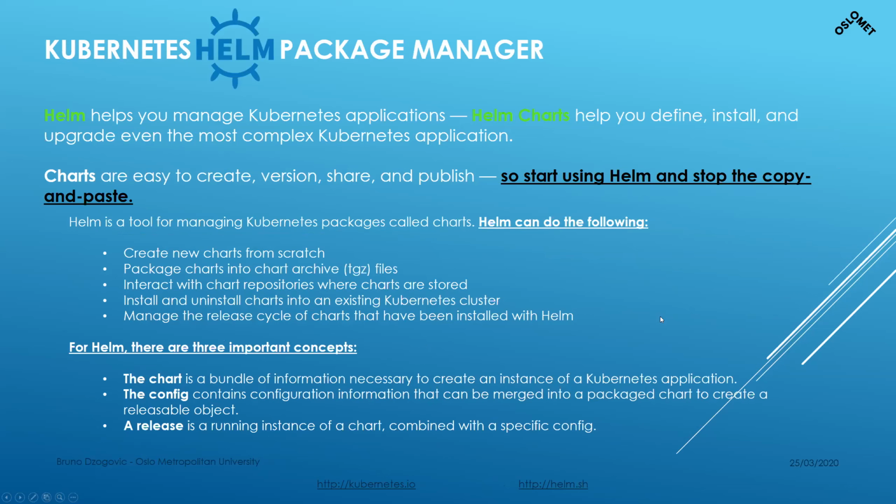Last but not least, I will also introduce Helm. We will install Helm, and I will show you how to use it, because Helm is a package manager for Kubernetes. Helm works with charts, and it has configurations. The charts are more or less like Puppet manifests. They're like Linux packages, so you just install and you're ready to go. You can create your own and push them to your repositories, so you're ready to go with out-of-the-box applications. This is very good, and it will help you stop copy pasting stuff.